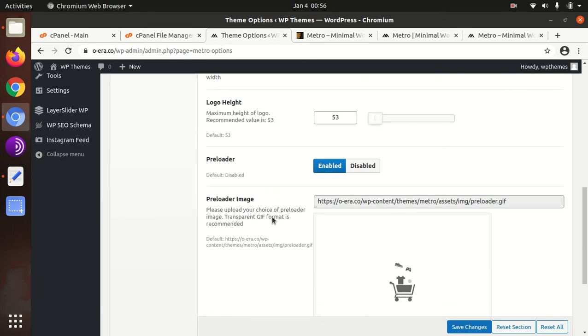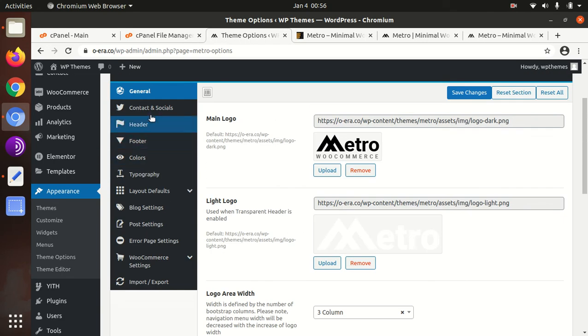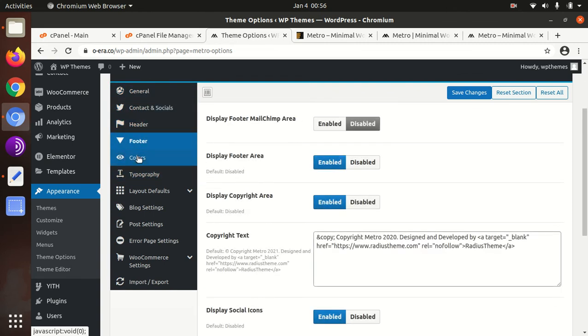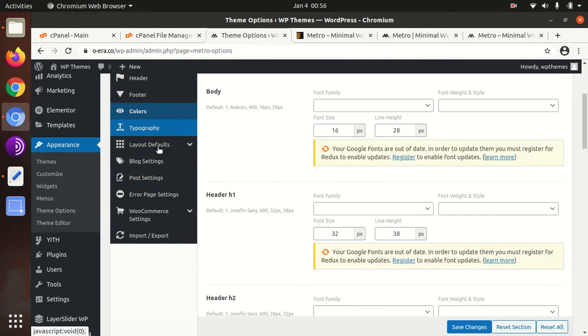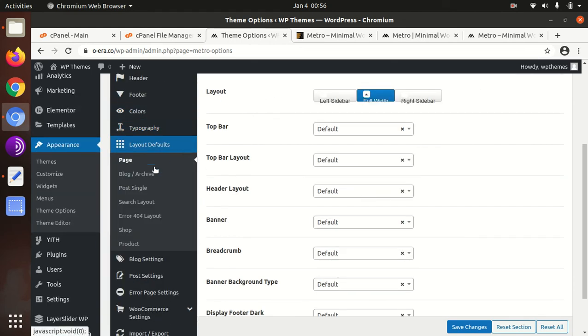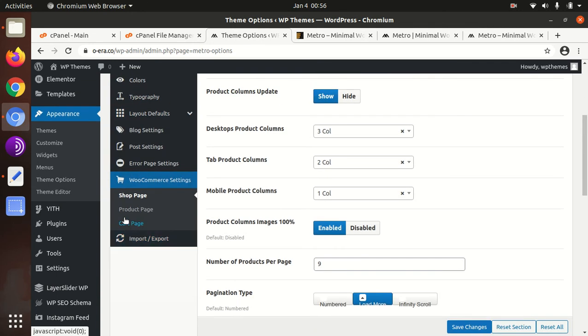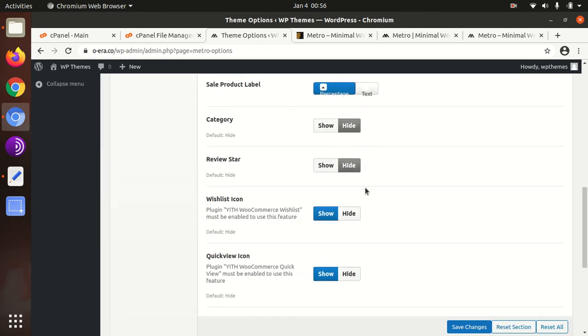This is general, this is the preloader, social connects, header, footer, colors, you can manage the colors, typography, layout defaults, page, blog and all, blog setting, post setting, error page setting, WooCommerce setting, and also things are here through which you can control your complete website,